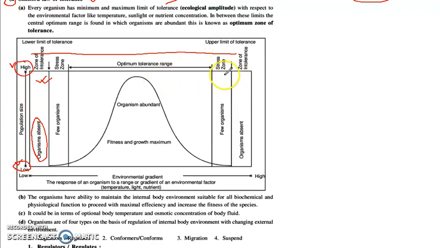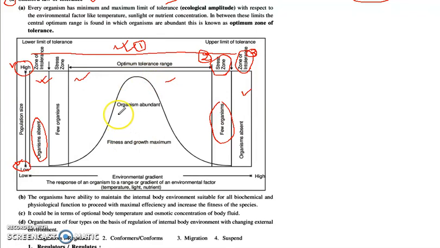But when we move to this particular zone, it is called the stress zone. The stress zone means some organisms can survive within the stressful conditions. But beyond the stressful condition on both sides, the organism is unable to survive. That is the zone of intolerance. So there are three zones present. Zone 1 where you have tolerance, zone 2 where you can have some tolerance, and zone 3 where no tolerance is accepted. Got it? This area is zone 1.